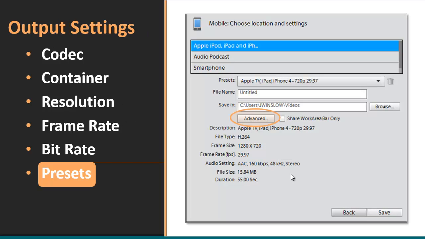And in the Advanced option, it will allow us to change some of these settings here, and then we can even change the preset name. When we close it out, it will give us an option to save this new preset under a different name. And again, if you don't like these names, the categories up here, all you have to do is Google Premiere Elements presets and deleting, and it will show you a number of different ways that you can delete that. It's very easy to do.